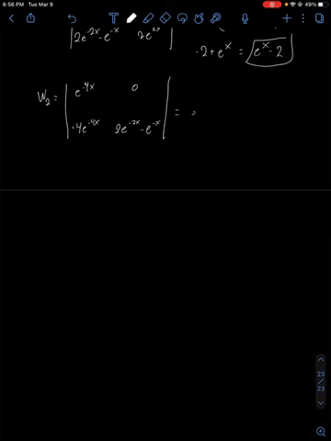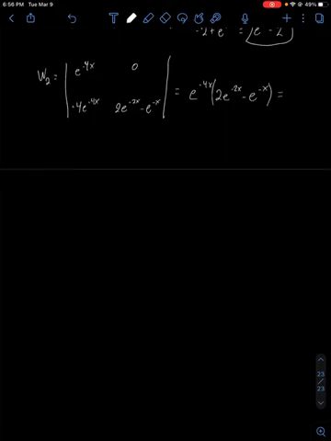So it's just e to the minus 4x multiplied by 2e to the minus 2x minus e to the minus x. Multiplying this through, we have 2e to the minus 6x, and then minus e to the minus 5x. And that is going to be W2,